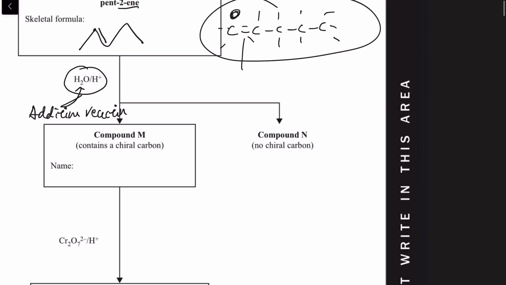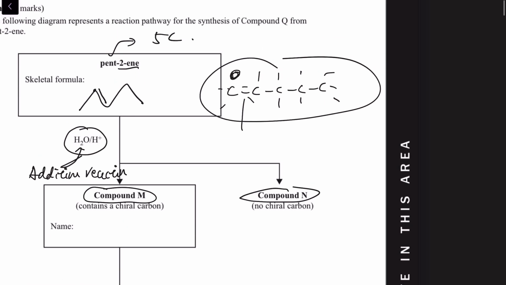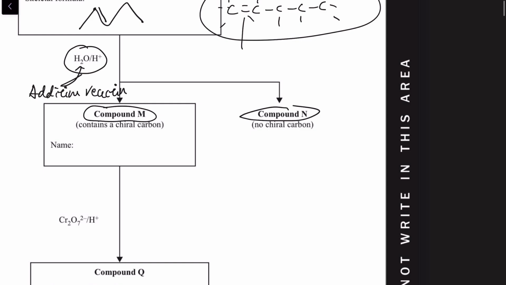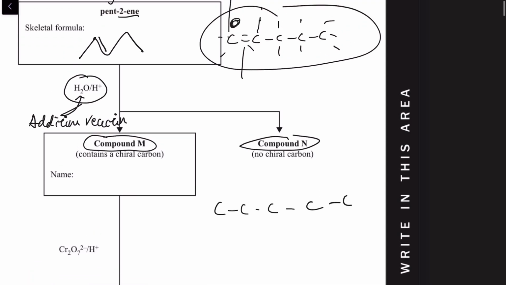And here you are producing 2 compounds. And this is entirely possible because we can add the OH on the first carbon or on the second carbon. Maybe let's draw them out one by one. So if I add the OH on the first carbon,